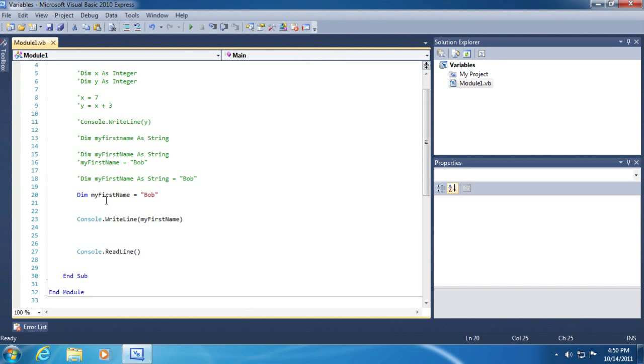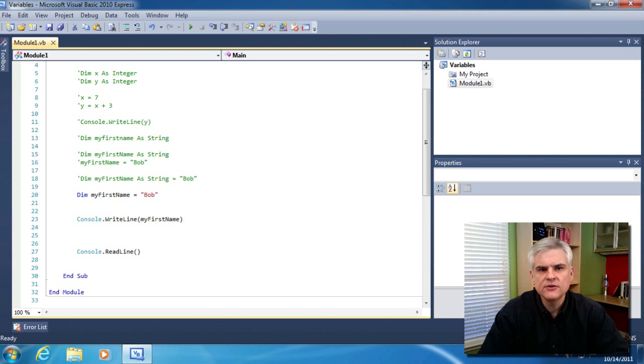If we were to hover our mouse cursor over the myFirstName variable, notice that it does print out the full declaration as "Dim myFirstName As String". So what's going on here? Several years ago, after Visual Basic was created, a few innovations were added to the programming language to reduce the amount of code that you had to type, and also to make it easier to work with some complex types, which we'll talk about much later in this series of lessons. But starting in Visual Basic 2008, I could shorten it to this,